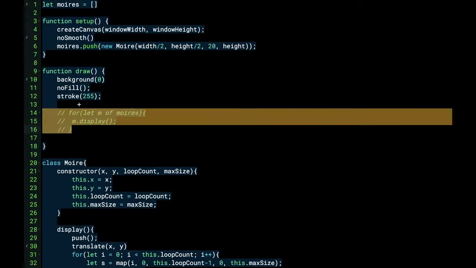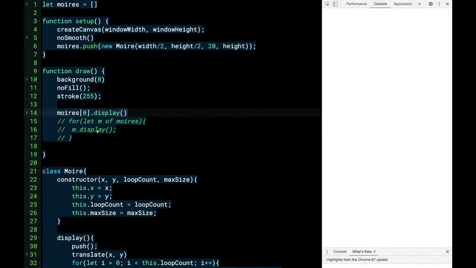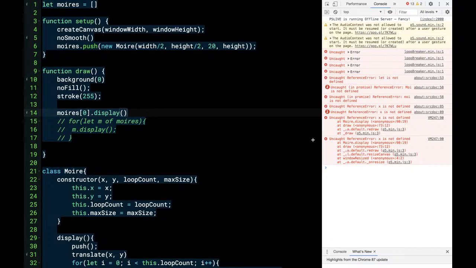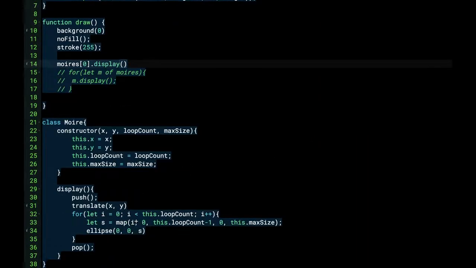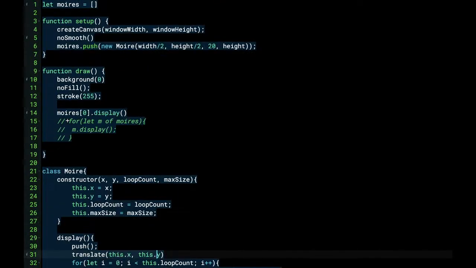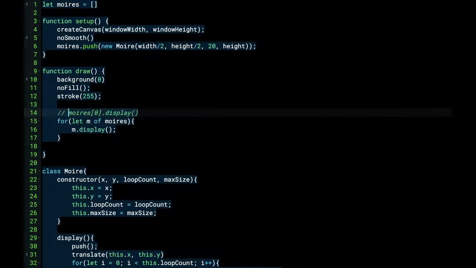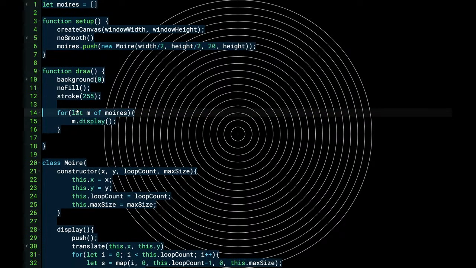What if I don't do this and just say moirés 0 dot display? Alright, it's not happy about something. X is not defined. Damn, that is why, because it is of this dot x and of this dot y. Now it should work. There we go. Let's turn the loop back on and see if that works. Yep, great. Yeah, so this is the nice shorthand way in ES6 JavaScript